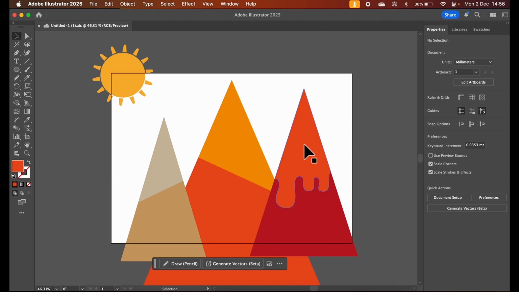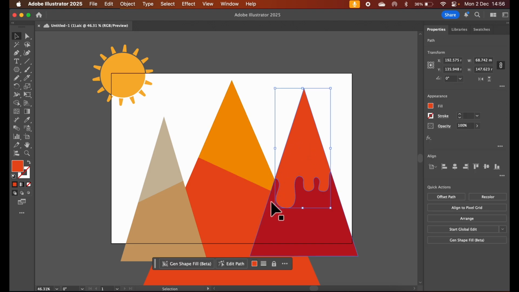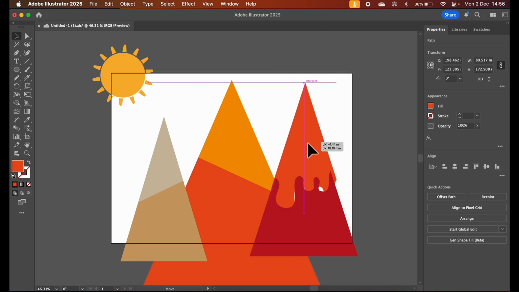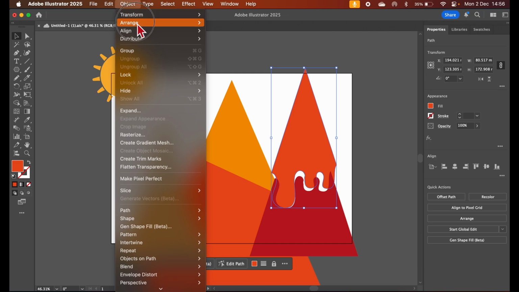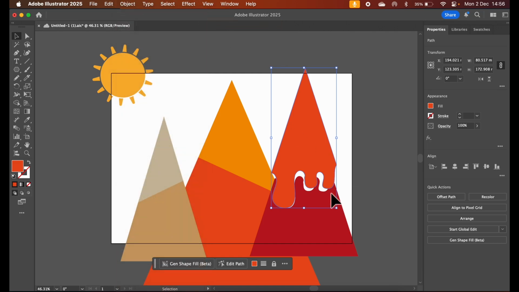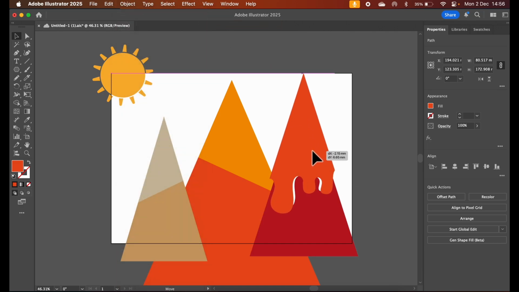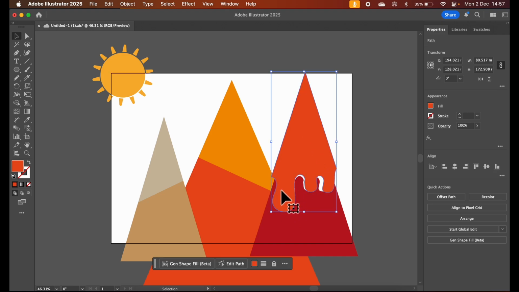What I'd like to do is make this melting snow cap actually bigger than the mountain, so it looks like it's out the side. If I scale it, it doesn't fit in there properly. If I bring it to the front, I'll go to Object, Arrange, and Bring to the front. Once again, it just won't fit in there being larger, because these bits are scaling,